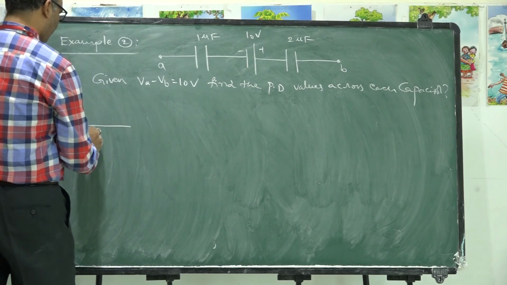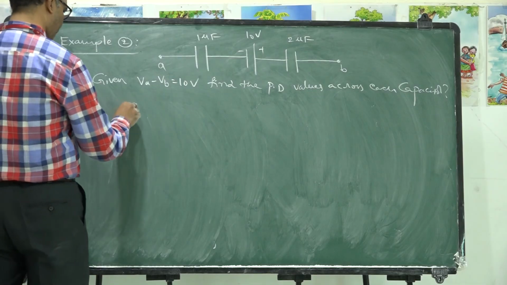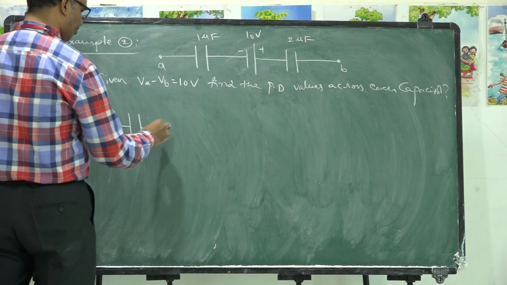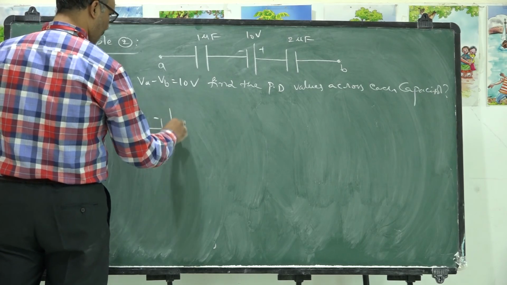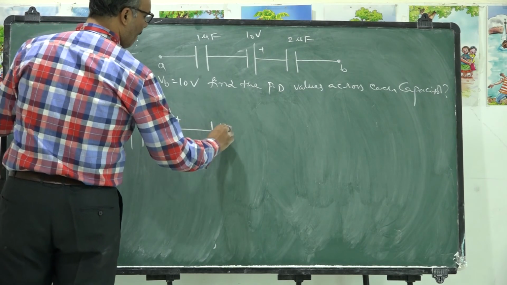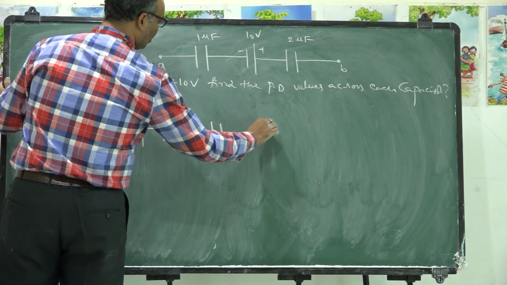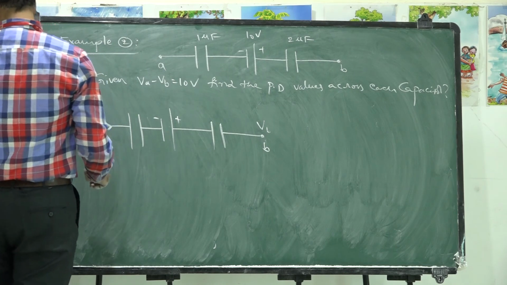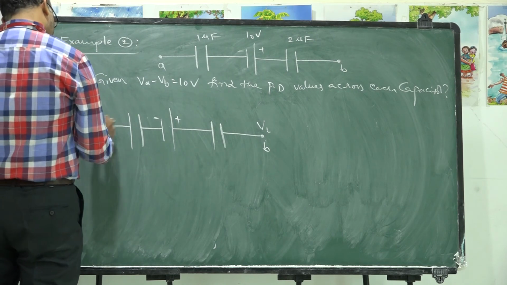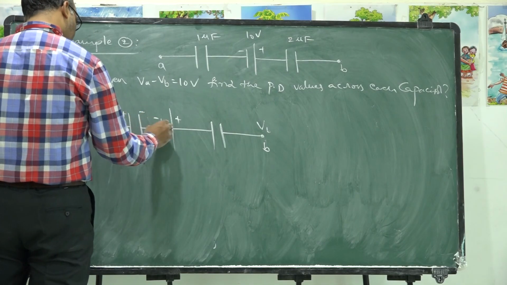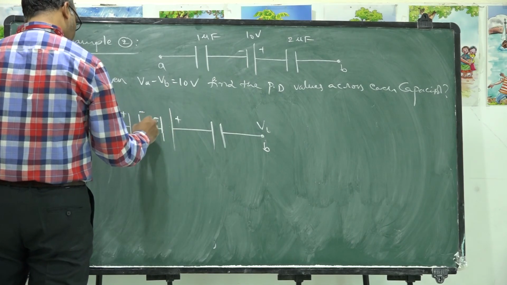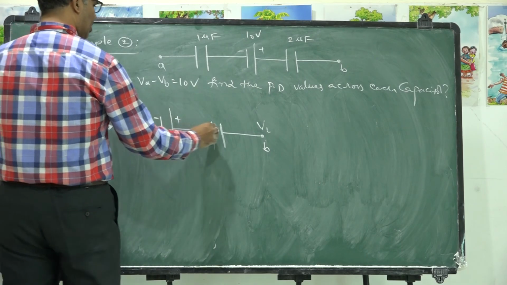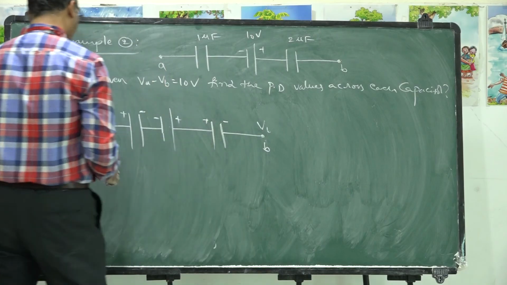So here is A, potential at this point is VA. So let me think the charge is going like this. Here the potential is VB, this is the terminal B. So it is positive and it is negative, as both are connected to the negative terminal. So obviously this is positive, this is negative. As it is connected to positive, it is negative.